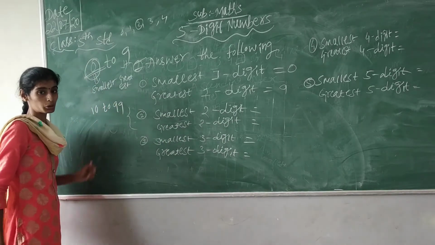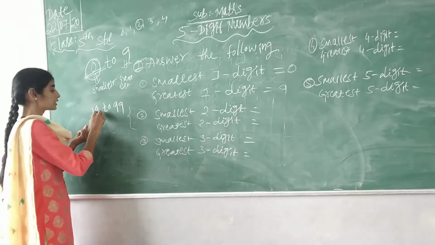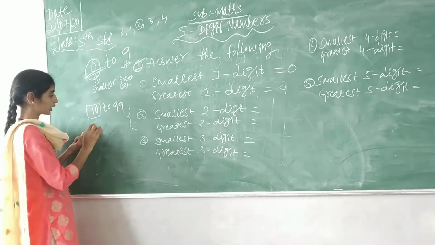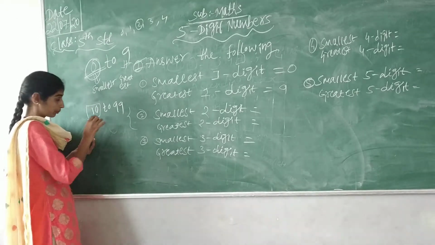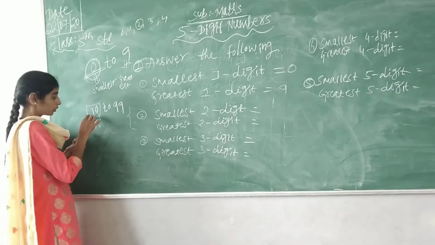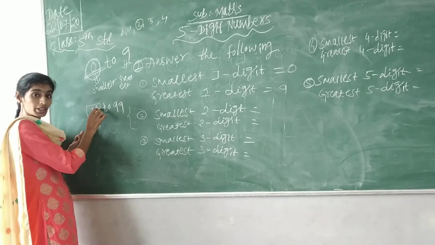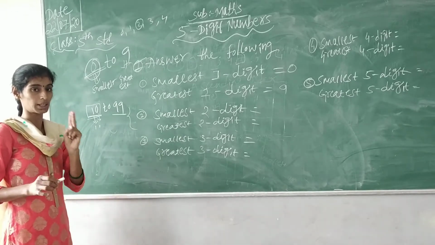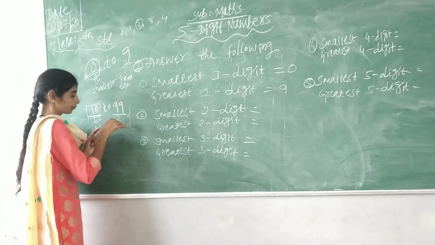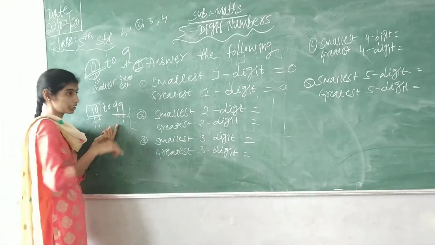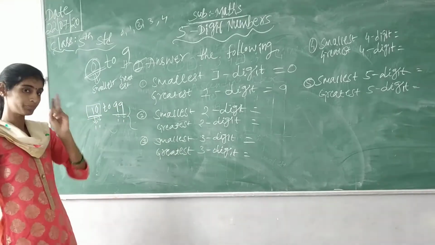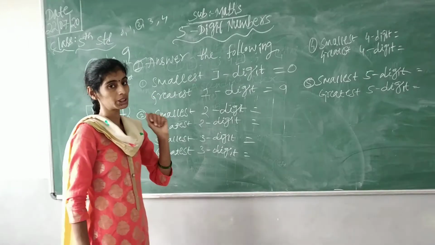I hope you all know 1, 0, 10. In this you can clearly see 1 is 1 digit and 0 is again 1 digit. So totally in 10 we have 2 digits, yes or no? So till 99 we will be having 2 digits in that. In 99 also you can see 1 digit, again here 1 digit. So 10 to 99 are called as what, children? They are called 2 digit numbers.